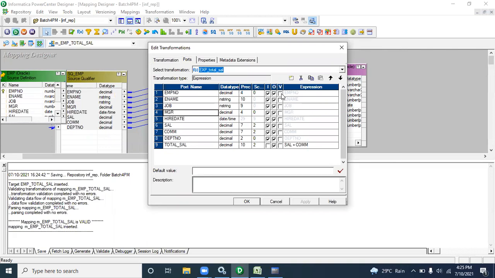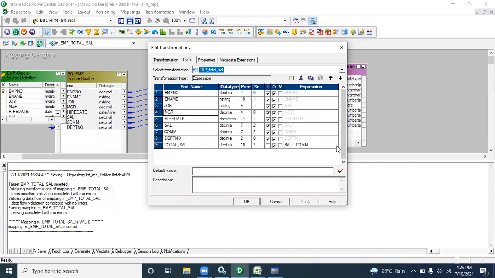I think in databases and other technologies also, some temporary column will be there where you can write complex business logic and assign it to another object. Suppose we have some complex business logic which is not possible with an output port.